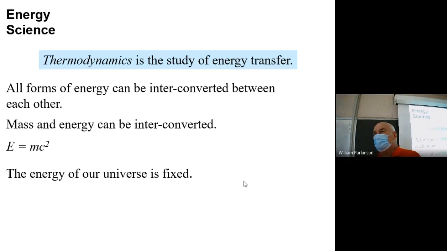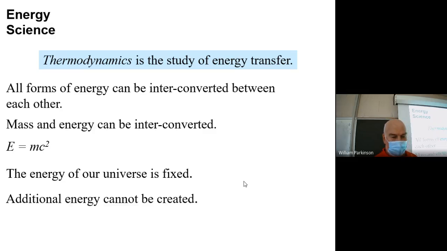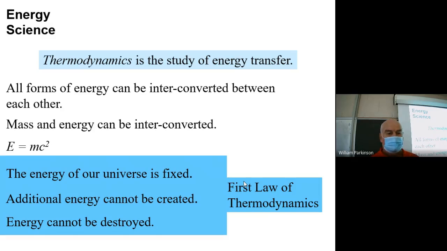Then I can burn the chemicals and make electrical energy, and on it goes. So all we are actually doing is transferring energy from one form to another. So all the energy of the universe is here. There's only a fixed amount of energy in here. We are not creating energy. We are actually not destroying energy either. All we are doing is moving energy from one form into another. This is the first law of thermodynamics.